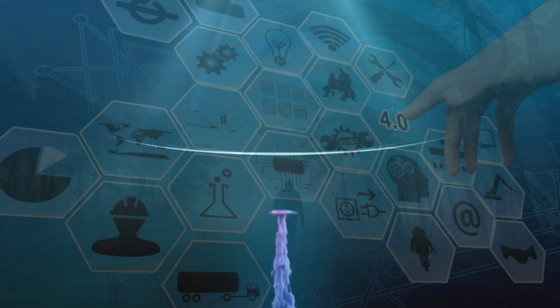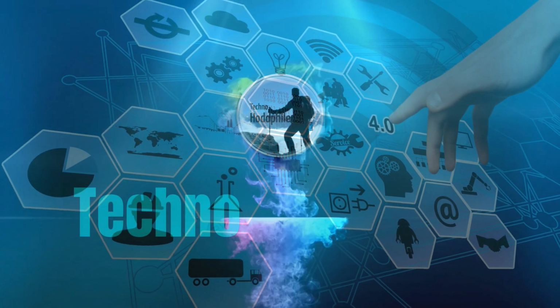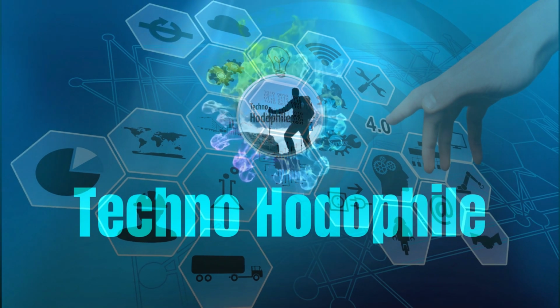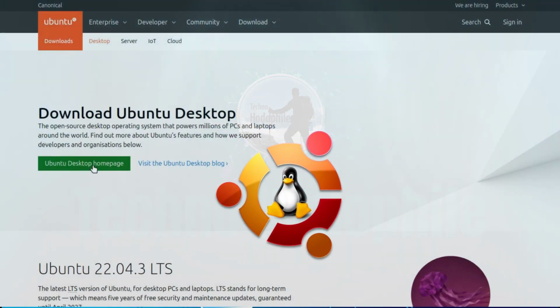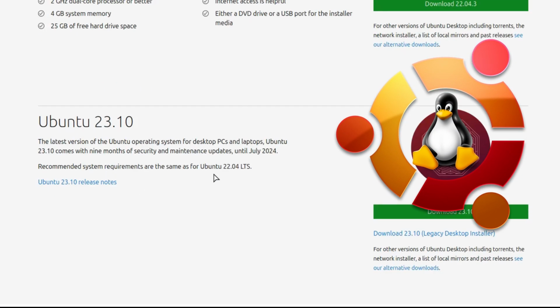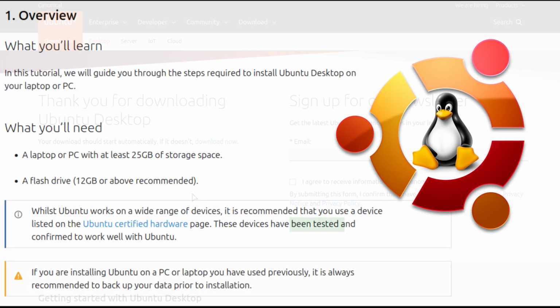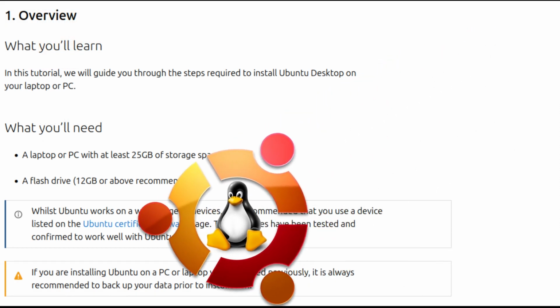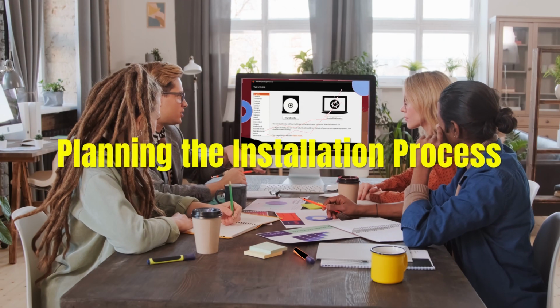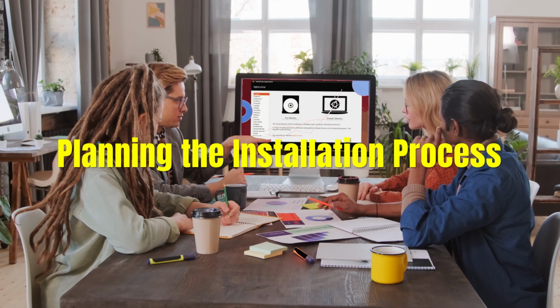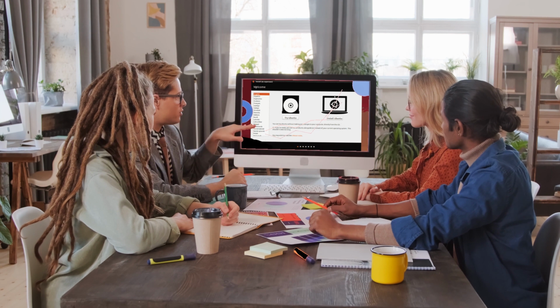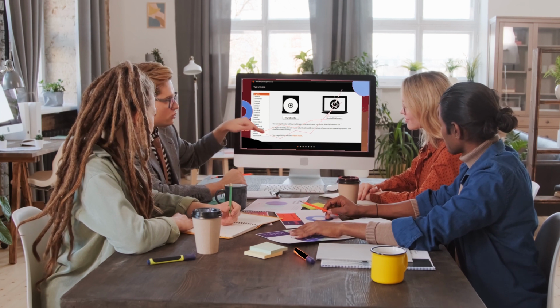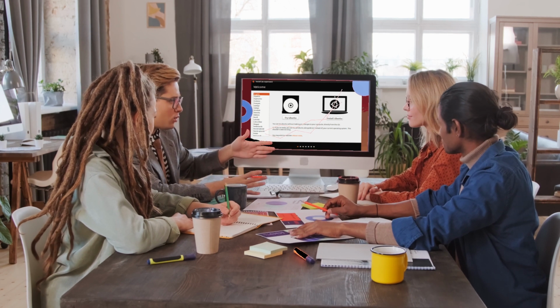Today, we're diving deep into the world of Linux with an epic adventure, installing Ubuntu on your laptop or PC and Oracle VirtualBox. So, buckle up, because we'll cover everything from choosing the right version to conquering common installation hiccups. This will be interesting and informative. Once you follow this process, I guarantee you that you will learn the installation process and how to conquer the